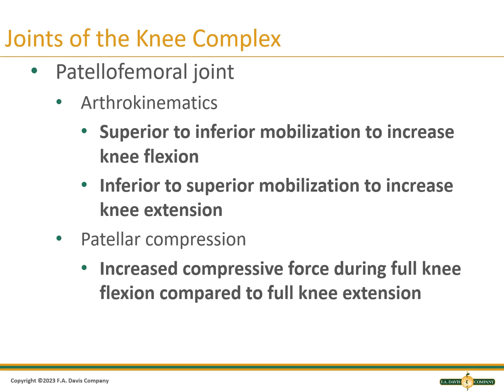So if we want to increase knee flexion, we're going to do superior to inferior mobilizations. So we'll hook our hand at the superior aspect of the patella and mobilize it in a downward direction. If we want to increase knee extension, we're going to do the opposite. So we'll do inferior to superior mobilizations. So we'll hook our hand underneath at the inferior pole of the patella, and we'll push it in an upward